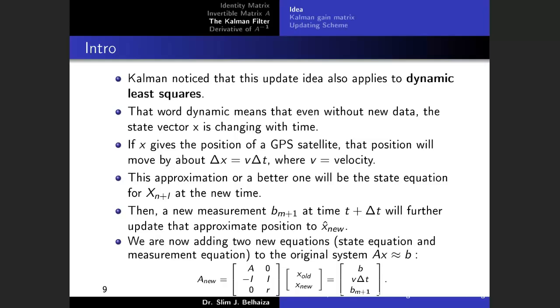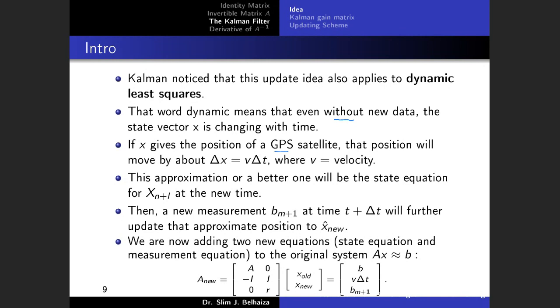So welcome back. Today we continue with the Kalman filter. And remember, guys, we said that the Kalman filter applies to dynamic least squares. The word dynamic means that even without new data, the state vector could be changing with time. For example, if X gives the position of a GPS satellite, then the position will move